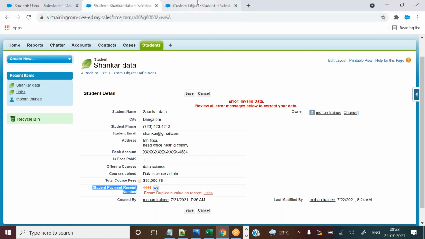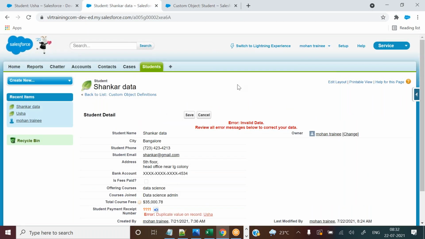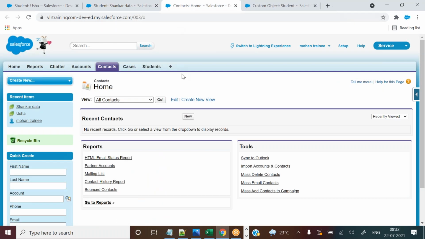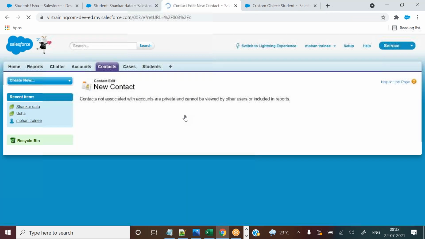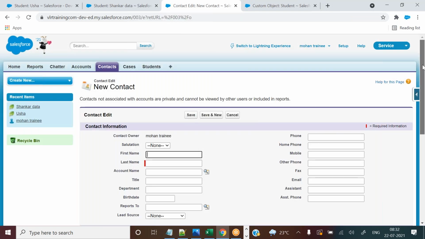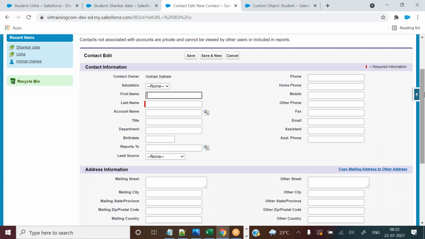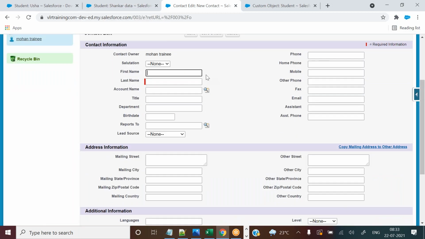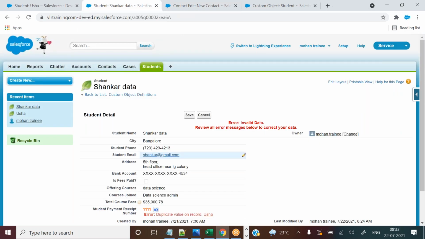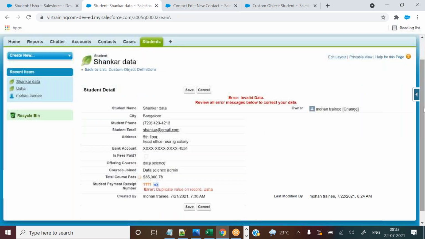That is the uniqueness only for this object. So some people will definitely think beyond, like out of the box. Sir, suppose here the contact object is here and I am creating a contact record. Some people will think with unrelated thoughts. So what will happen here on this record? It won't depend on the other objects.